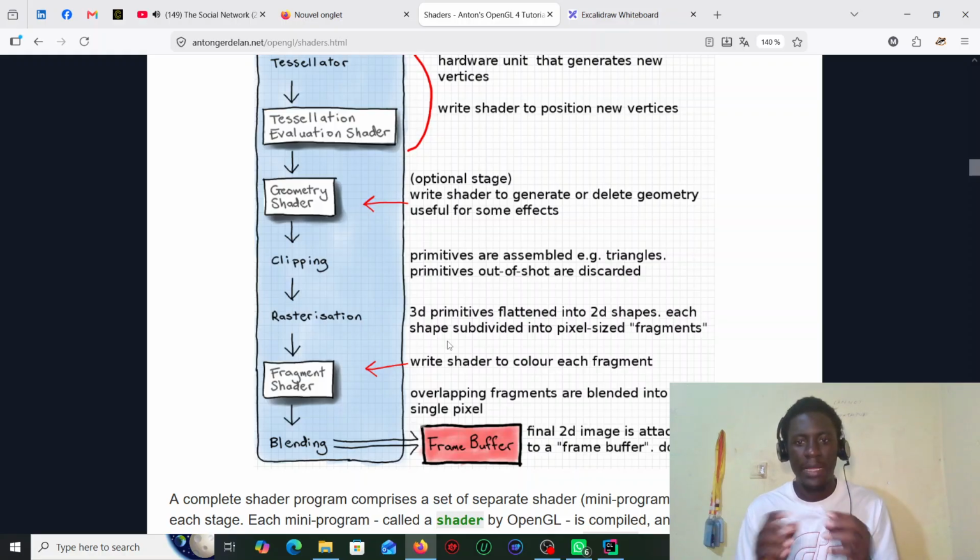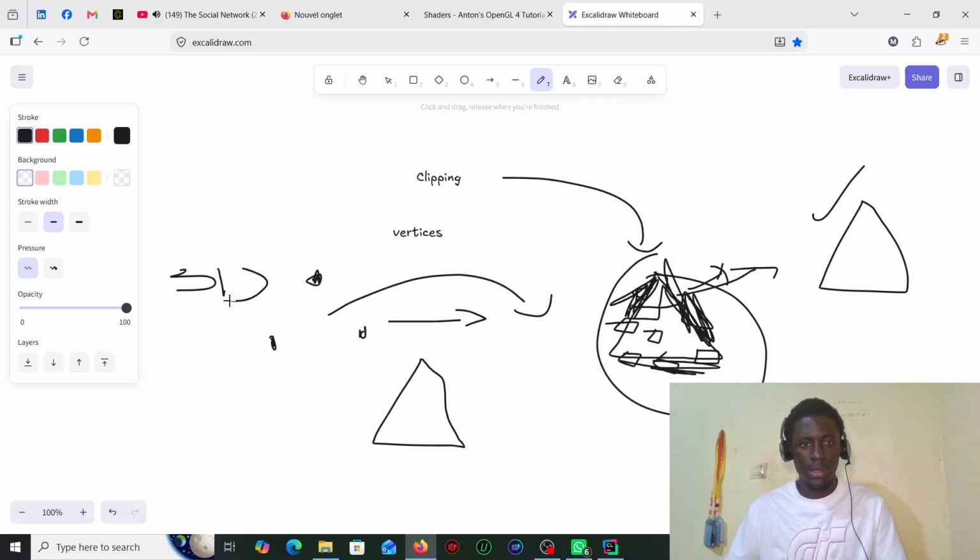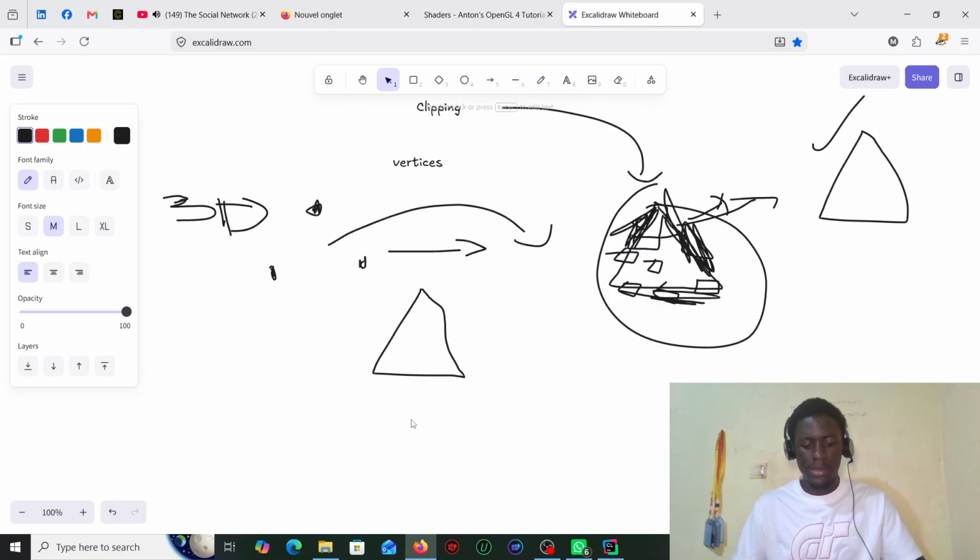3D primitives flatten into 2D shapes. It is in the rasterization phase that we get from 3D shapes to 2D shapes. Each shape is subdivided into pixel-sized fragments. So what we are doing here is that since we gave it 3D coordinates, sorry for my drawing, it's with the mouse so it's a bit difficult. This was the 3D coordinate that we give it, but after rasterization,